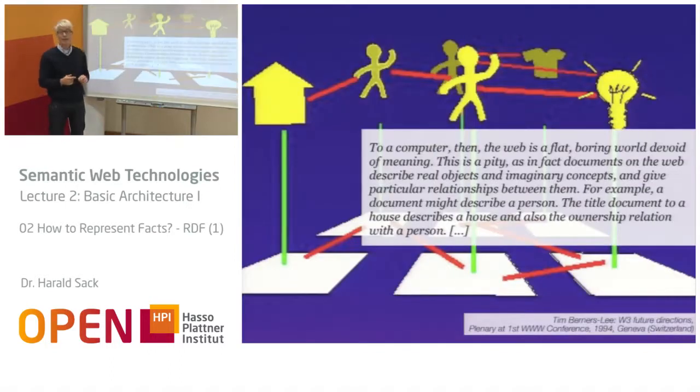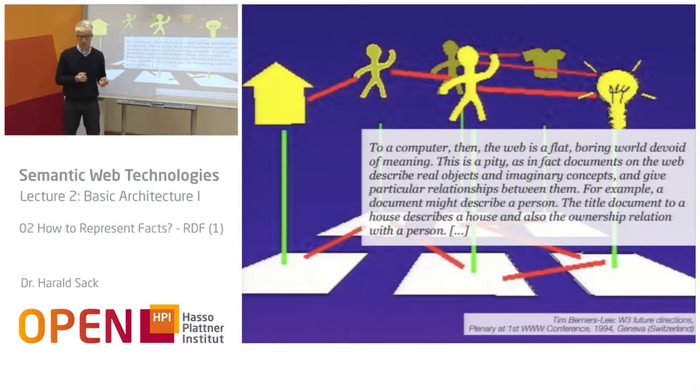In the early days of the web in 1994, at the first WWW conference in Geneva in Switzerland, Tim Berners-Lee, who is also the inventor of the World Wide Web, stated that web pages on the web do not only represent a network of documents, but with these web pages, of course, information concerning real-world objects is described. And of course, these real-world objects have connections among each other that are also represented by the connections that these documents have among each other. And this might be considered as the core of what we today are referring to as the web of data